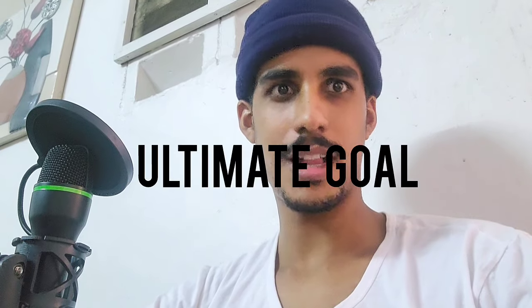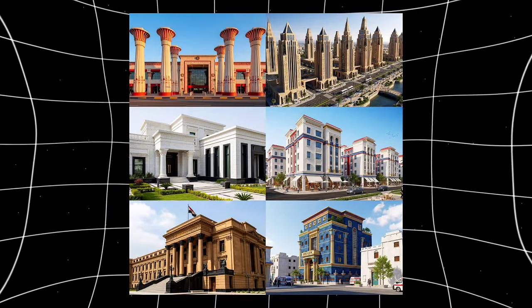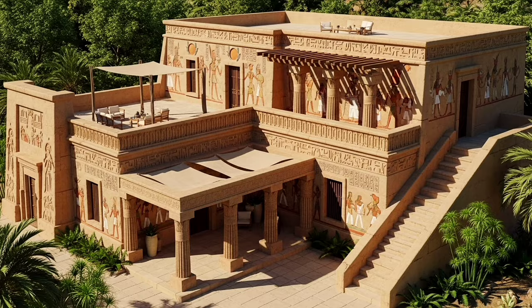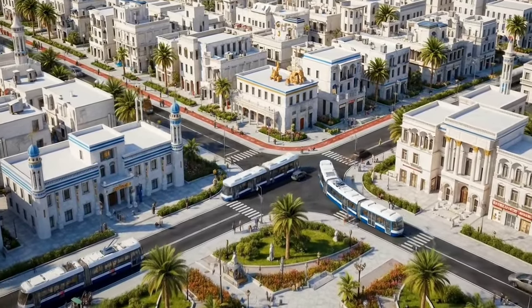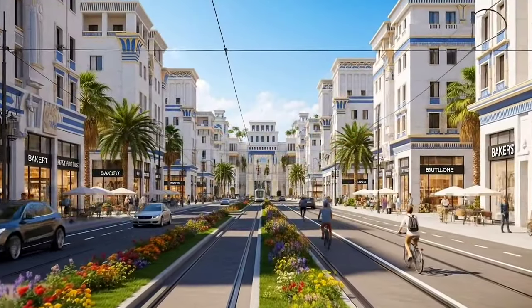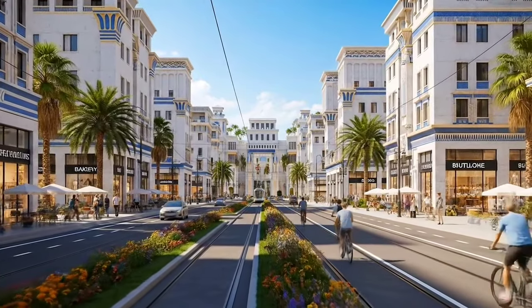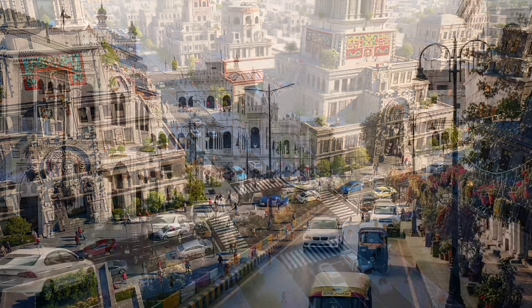That's why this channel's ultimate goal is to promote indigenous architecture, a school of thought in the traditional architectural space called Indigenous Revival. This philosophy can fit in any design, be it minimalism, ornamental, traditional, or modern. It is the architectural style that should exist in our cities to bring back a sense of beauty, uniqueness, pride, and belonging. I'll try my best to show you how cities around the world could look if this design